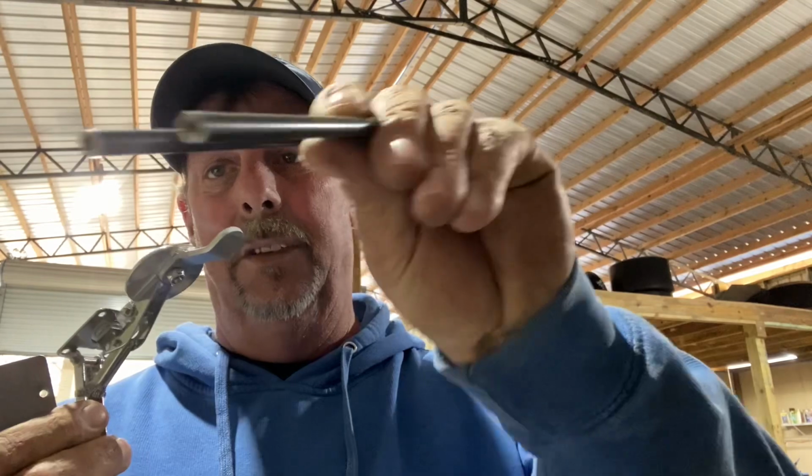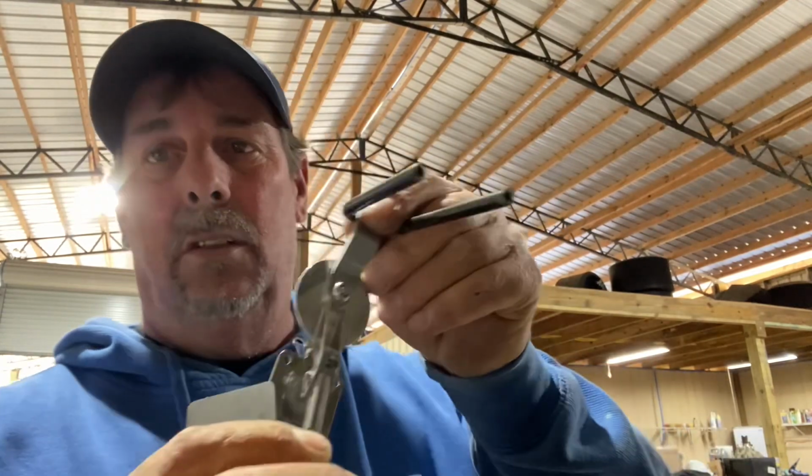I know I ain't made a video in a while, just been busy with work, Christmas, all that kind of stuff. But today I am going to install the window locks. They keep your window from pulling out when you're going down the track. I've never installed these before, so they give you a lock, a U-bolt to weld to your chassis that the lock holds into,